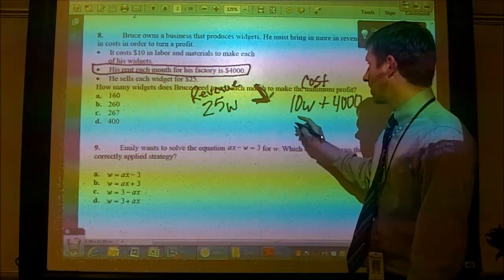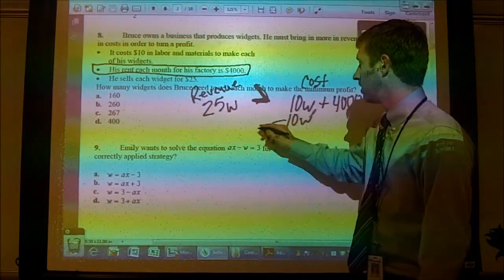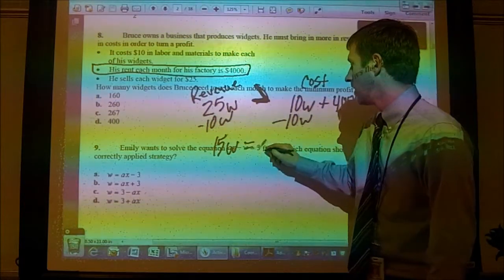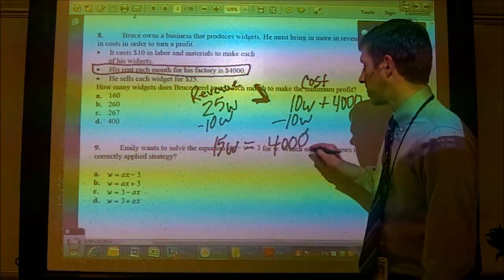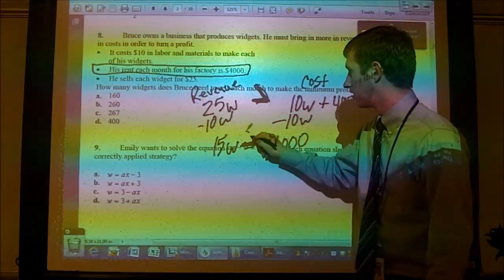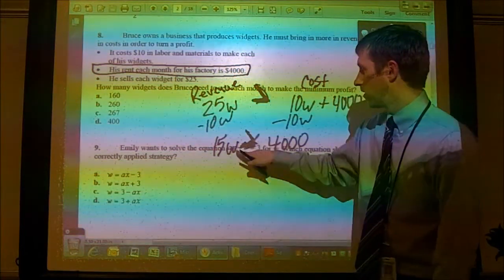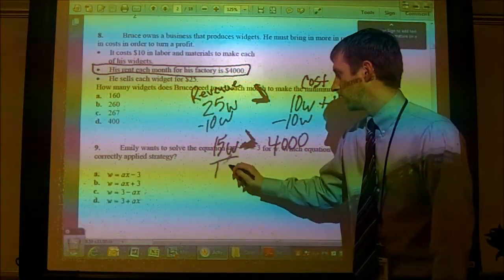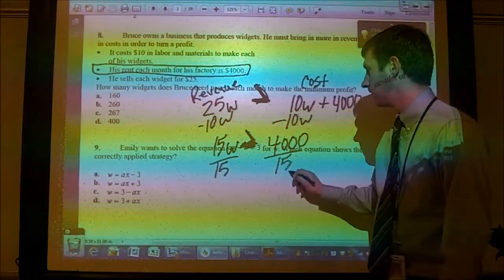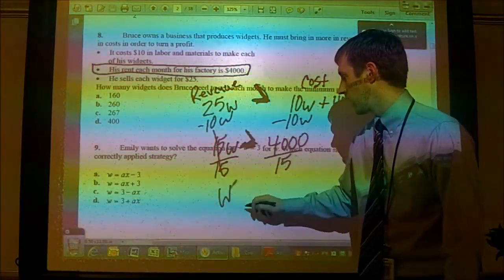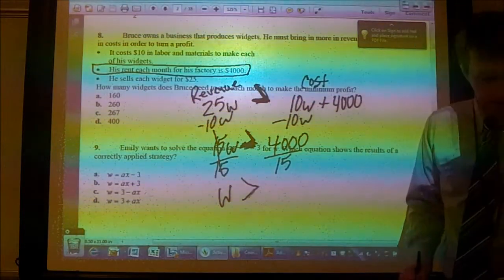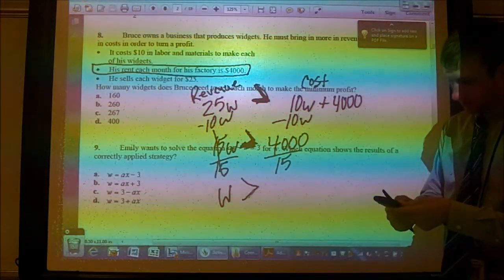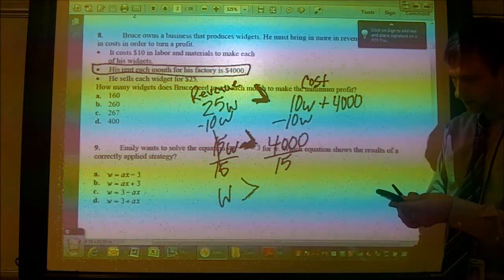I'm going to start by getting the W by itself, so I subtract 10W so I can combine these W's, and that gives you 15W equals 4,000. I shouldn't say equal, we decided to switch it to an inequality, right? Greater than. Then it's 15 times W, so I divide both sides by 15 to get W by itself. So now I have W is greater than, grab my calculator, 4,000 divided by 15 is